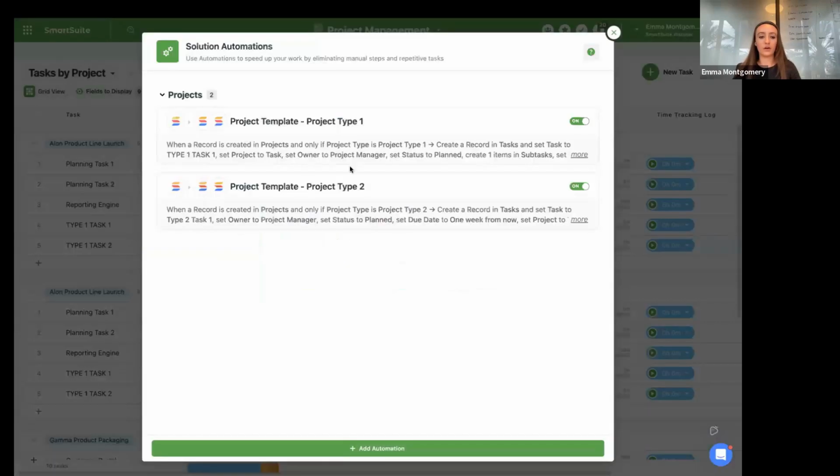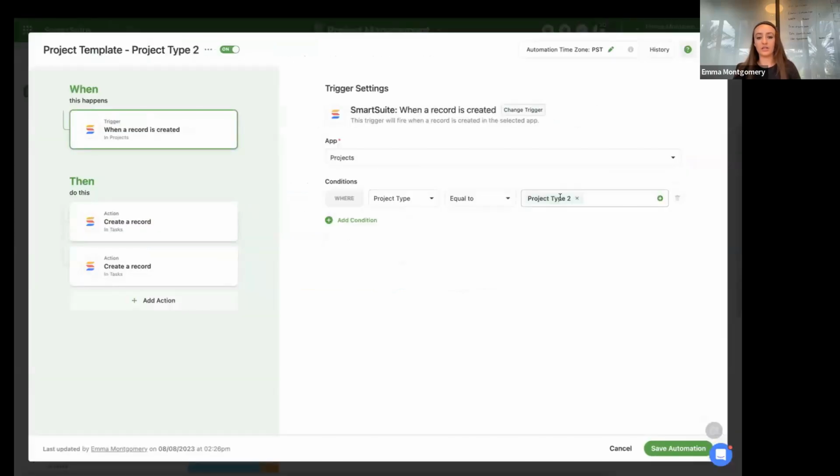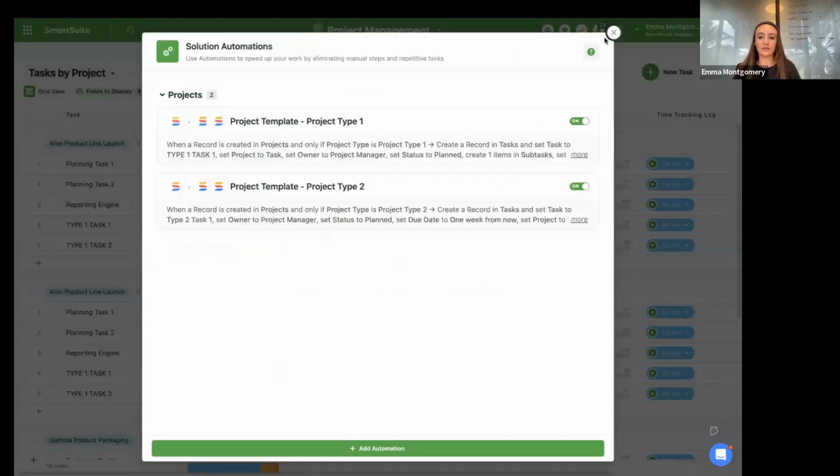So I've also done this for project type 2, same scenario, but I've selected when the project type is 2. And I've created these new tasks based on this new type of project and the different subtasks that are a part of those tasks. So let me show you what this looks like when a